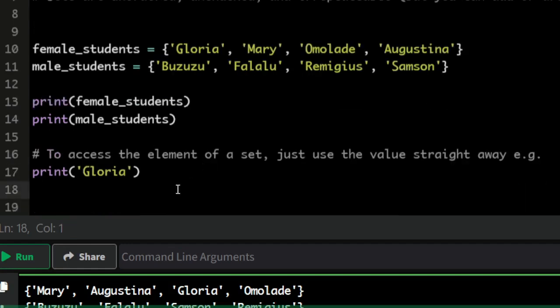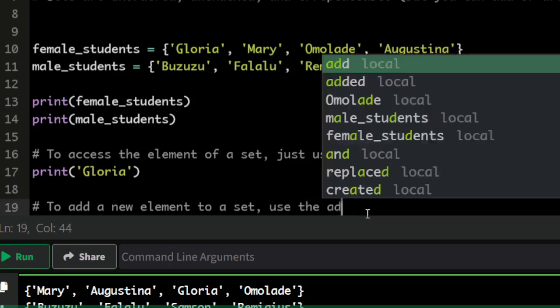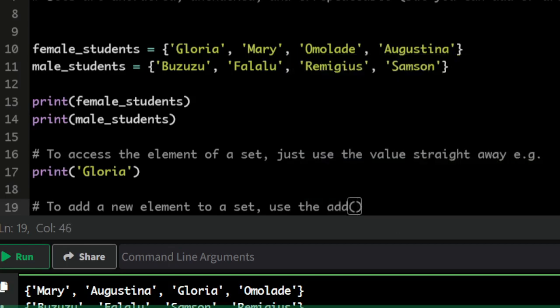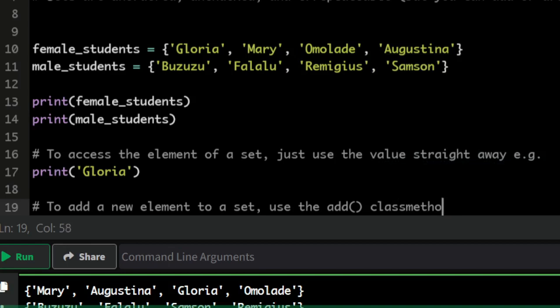Another thing is to add a new element to a set: use the add function. To add a new element to a set, use the add function, or the add method. So to do that quickly,